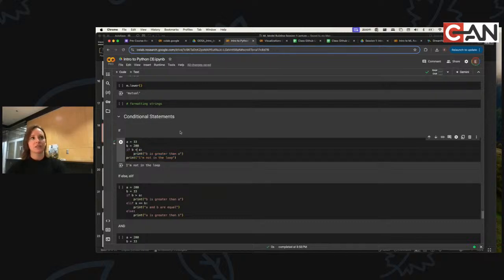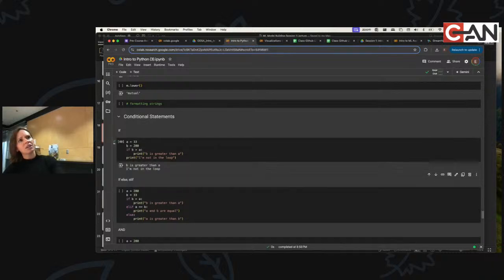We could either change the values or we could flip the sign. Some way we want to get in the loop. And let's see what happens. Oh, interesting. It says B is greater than A, and it still says I'm not in the loop. And that's because this is not part of a conditional statement. This is just back to the regularly scheduled programming, and it will execute no matter what.